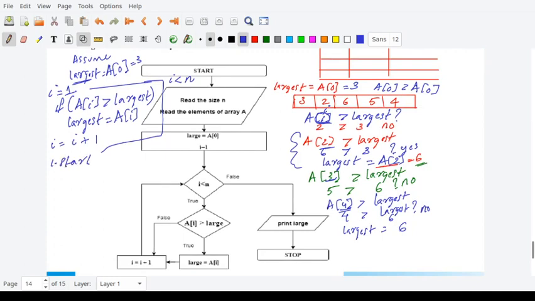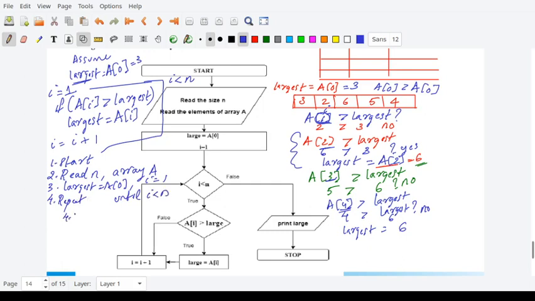Start. Second step, read the size of the array and the elements of the array A. Then set largest is equal to A of 0 and I is equal to 1. Fourth step, repeat until I less than n.